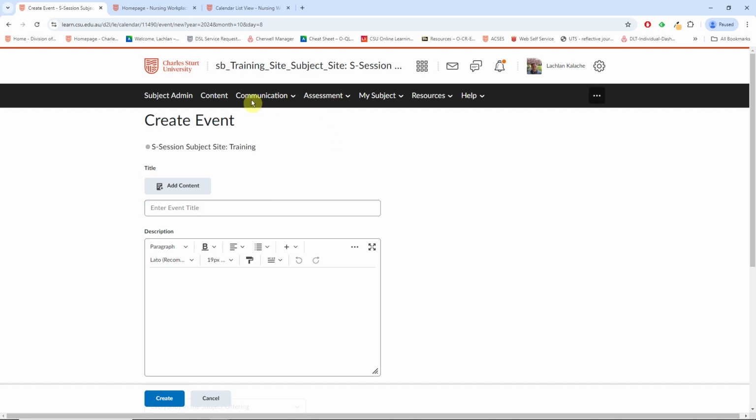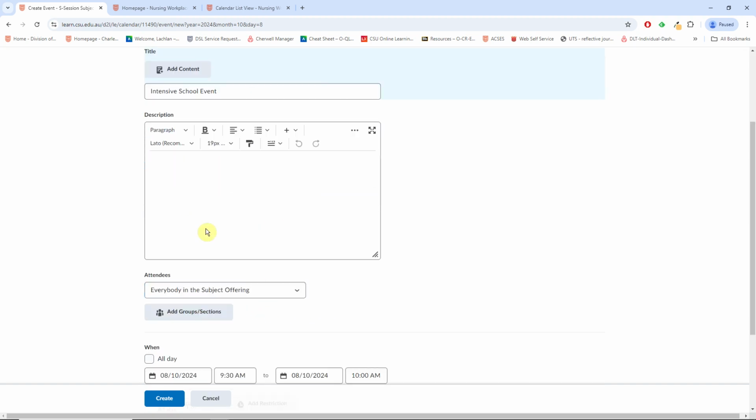And if you've added a Zoom meeting, for example, using the online meeting Zoom tool, it also will add those events directly into the calendar automatically. So it is integrated and they can be added by creating a new Zoom meeting. But if we were to create another event, so for example, when we have our intensive school days, for example, then we can put our description in,